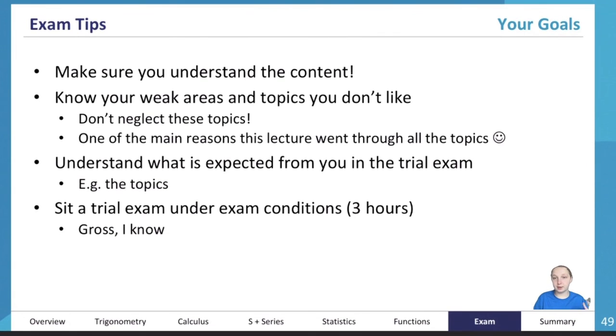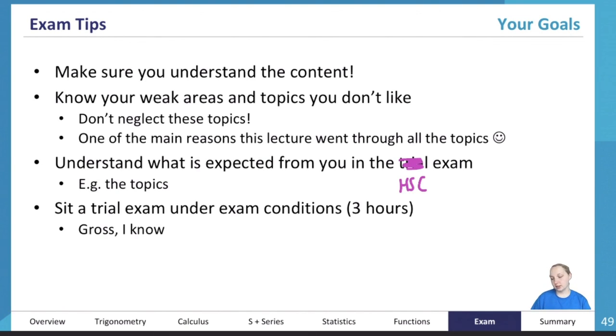You want to understand what's expected from you in the HSC exam, not the trial exam. So essentially, understanding the topics that you have to put in there, understanding what the questions are going to look like, understanding common question patterns for HSC style questions, and sit trial exams under exam conditions, or if you want to do HSC papers, look at the HSC papers as well. Do them under timed conditions so you can get used to the timing that you have to do for